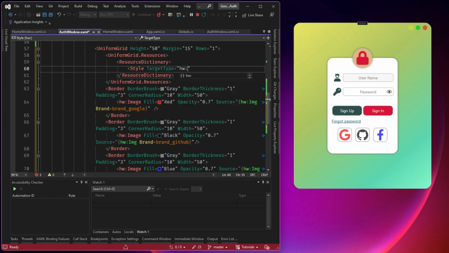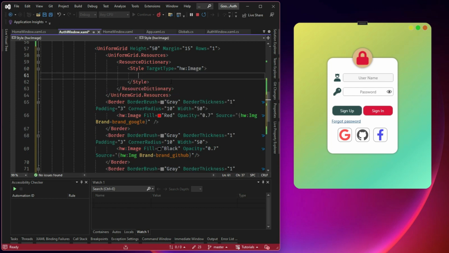What is the type? HW image, and we don't need a key, but we will say setter property opacity value is 0.7,